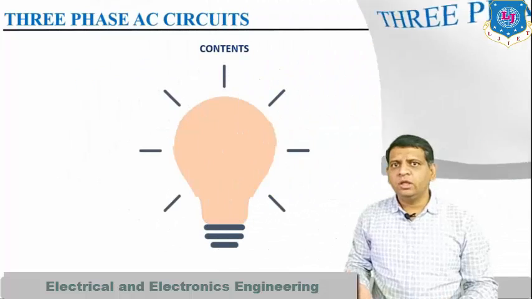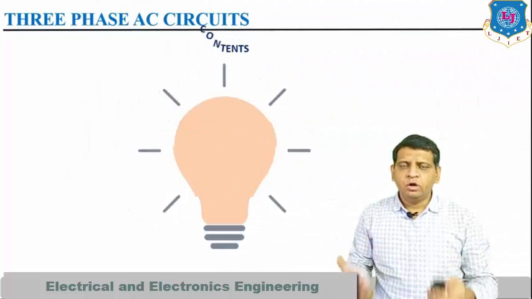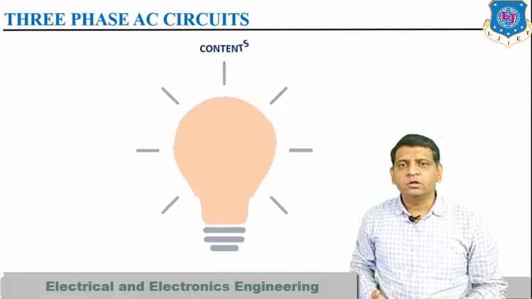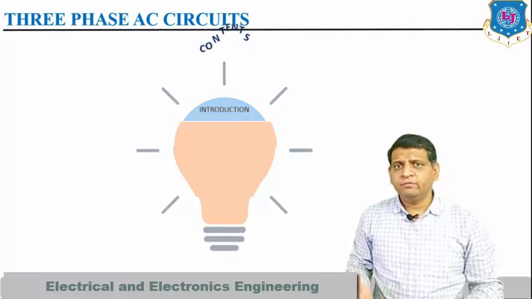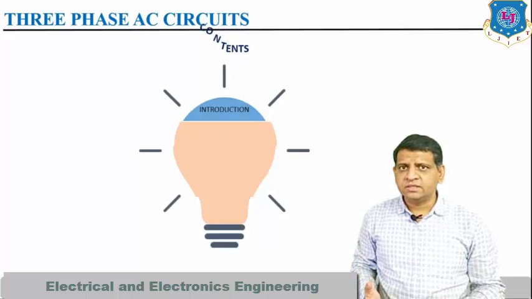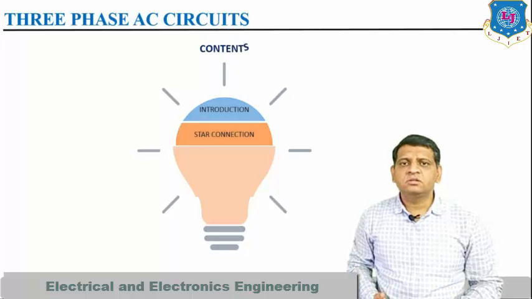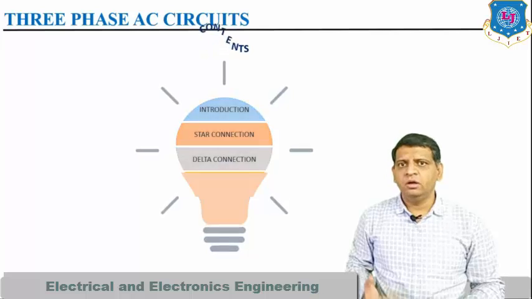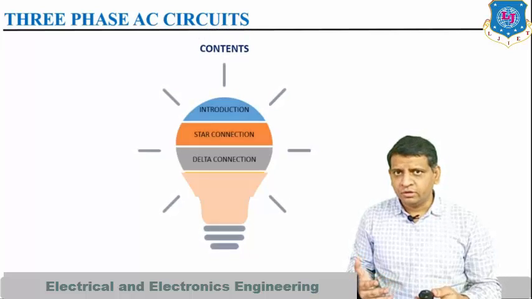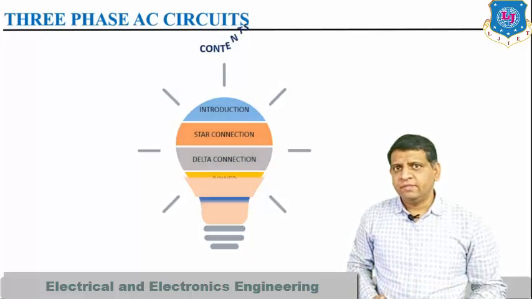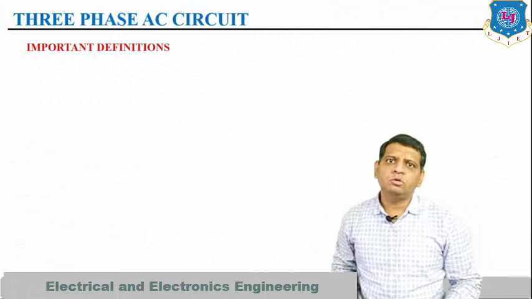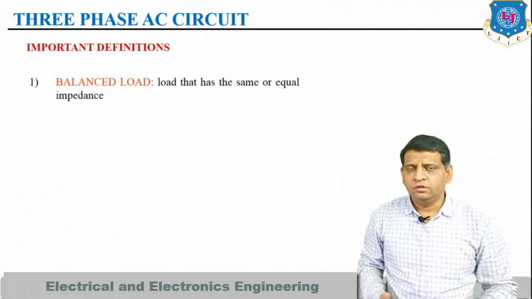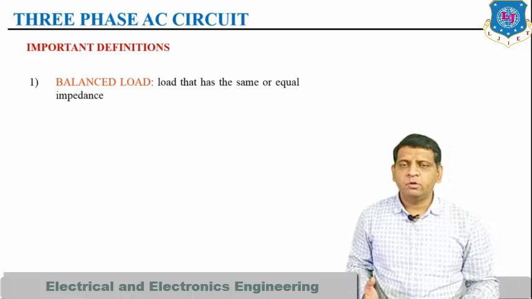If we talk about our content, what we have been learning in this particular part: we have gone through the introduction of 3-phase AC circuits, then we learned about the 3-phase star connection. Today we are going to learn about the delta connection, or 3-phase delta connection, and then power measurement. For the 3-phase delta connection, there are common definitions we need to understand